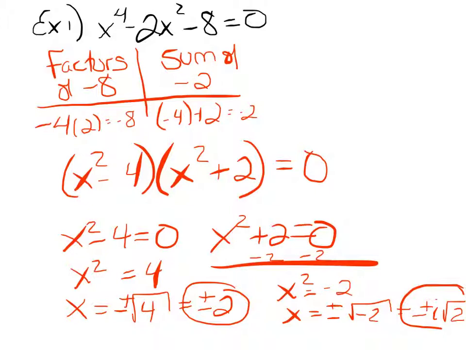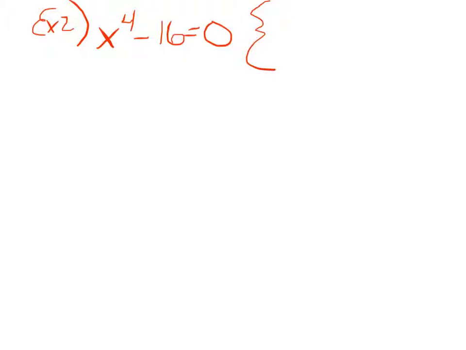Moving on to the next example, I put this underneath my special formula because it is an example with the special formula. Let's say I had x to the 4th minus 16 equals 0, and I was asked to solve this. So I want to resist the urge to add 16 and take a 4th root. Okay, I need to try to factor this. Lucky for me, I know that in order to get x to the 4th,